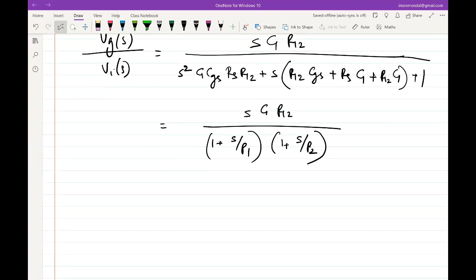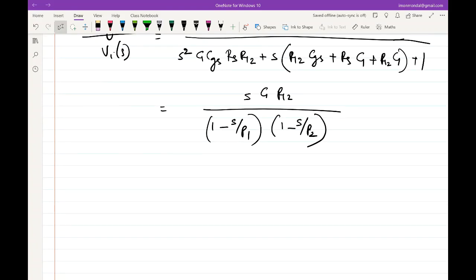Okay. So I should express in the minus form, because when we find roots, it's expected that it is 1 minus, right? Or s minus something, that becomes a root. Otherwise, poles might appear to be in the right half plane. So essentially, what I'm trying to point out here is that we know that from,